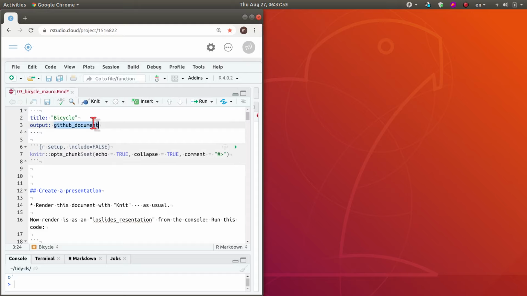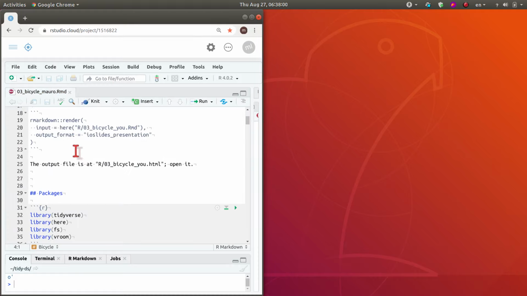One other way, if you don't even want to change the output here on this line, in this case 3, you can also run this code on the console. So what the button knit does is it runs a function that comes from the rmarkdown package called render, and takes as input a file that you want to produce an output for. So the knit button, of course, defaults to the current active file, but you could also specify any other file that exists in your working